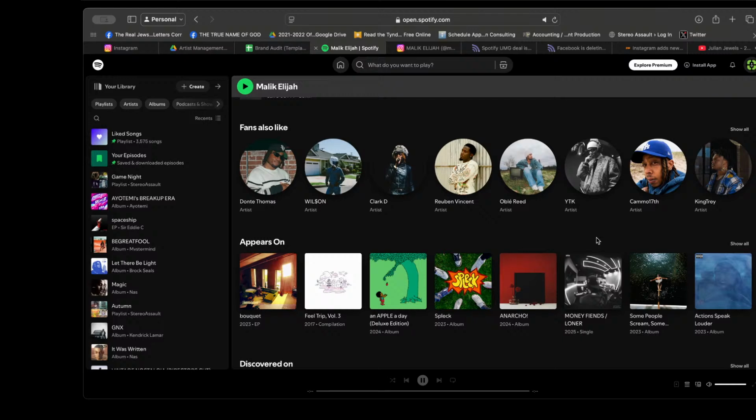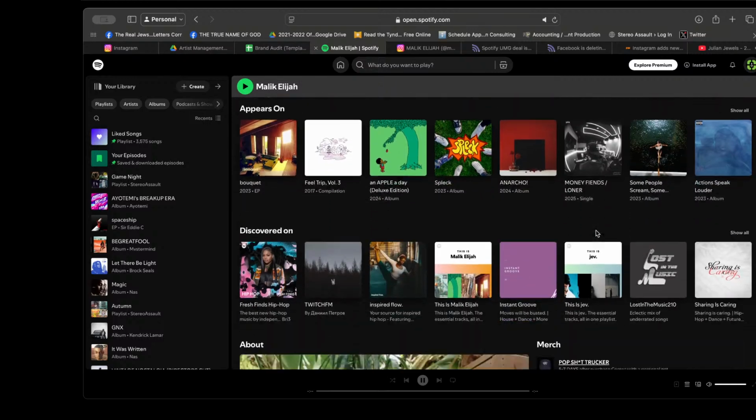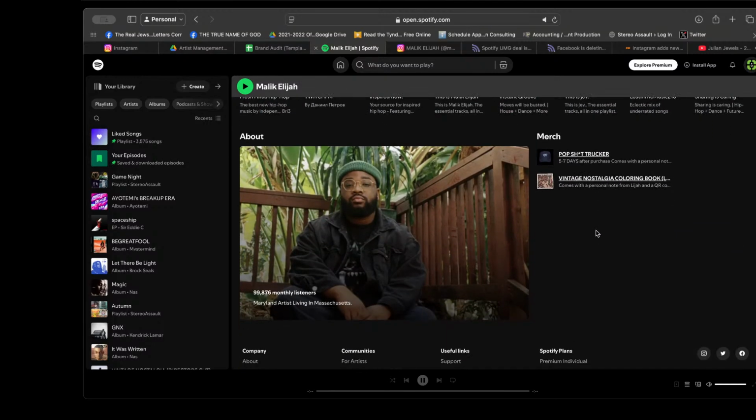Having a playlist that the artist can control, that you can change whenever, and you'll drive traffic to it. You can really create your fans also like section based off of the frequency that people listen to this playlist, because it starts to train that algorithm, like what goes great next to your music, right? And then also, as you further go down, you will see that he has his merch set up on the